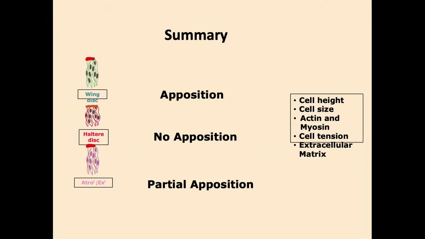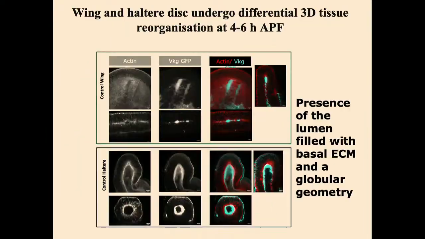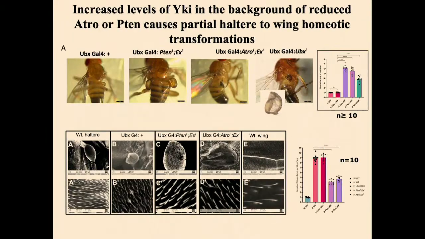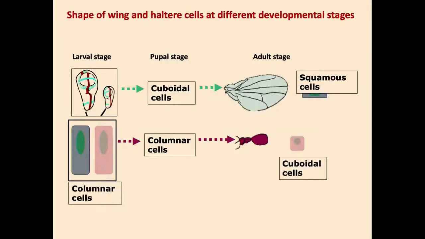Observational height, size, actinomycin, cell tension, and ECM, just looking at these parameters, if you model, you can actually see that... So what we have observed in the disc level, we can observe because it's amenable to all observation,